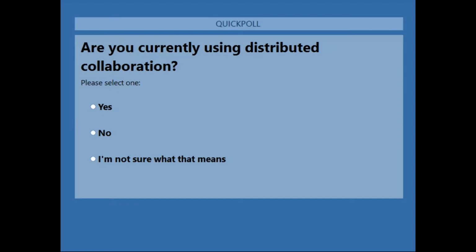And so before we do that, we wanted to level set and hear from you. So if you could take a moment, let us know if you're currently using distributed collaboration. And that could be easy, yes, no, or it's okay if you say, I'm not even sure what that means at this point. I'm here to learn what distributed collaboration is all about. So if you would, just take a moment, select the one that best applies to your organization, and then we'll tailor the message going forward and figure out where we need to start the conversation on distributed collaboration. So I'll give you just a second to finish out the poll, if you would, please.